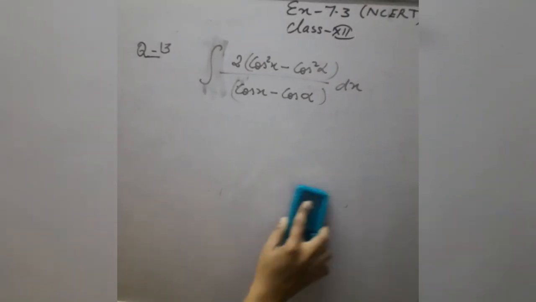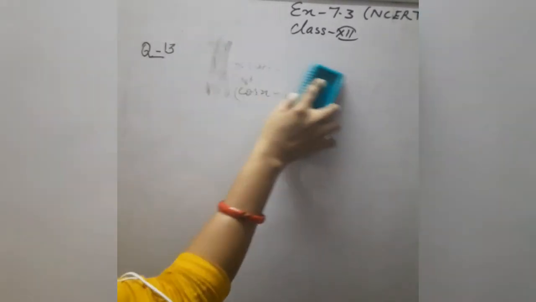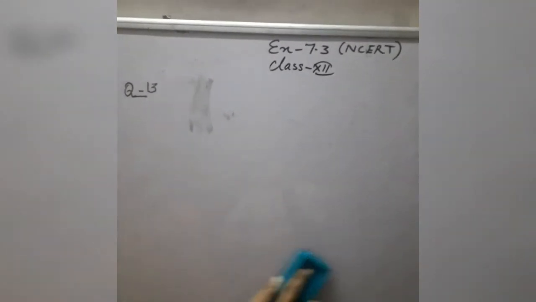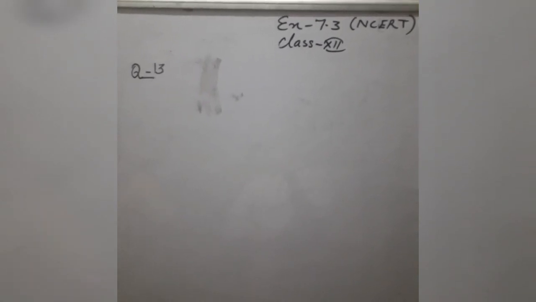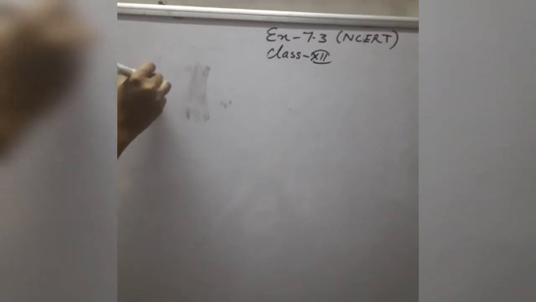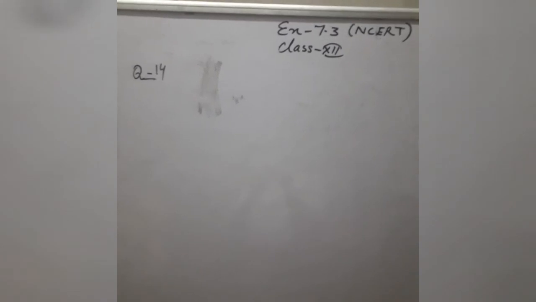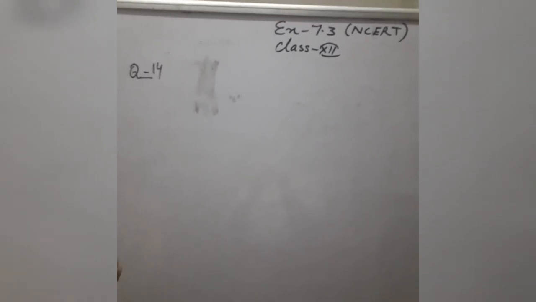Cos alpha is a constant term, cos A is constant, cos B is constant, because we are integrating with respect to x here. Next, question number 14. In question number 14, the statement is: find the integration of cos x